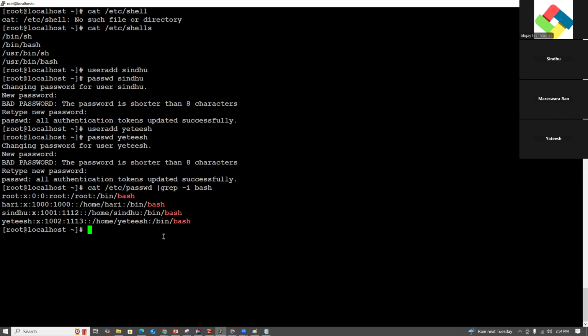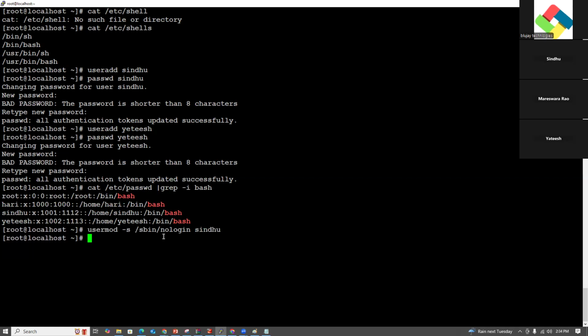So I want to modify the Sindhu user. How can you modify, guys? usermod -s /sbin/nologin Sindhu. I'm modifying the Sindhu user to have nologin.